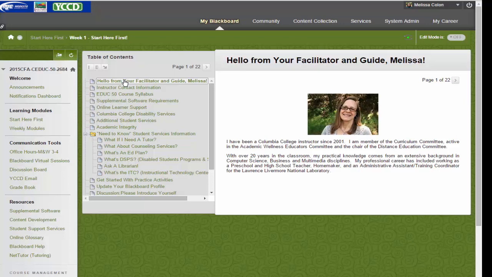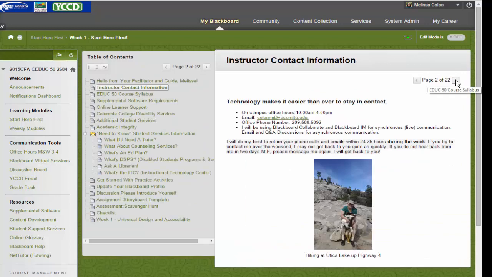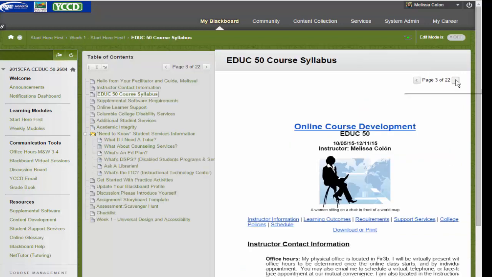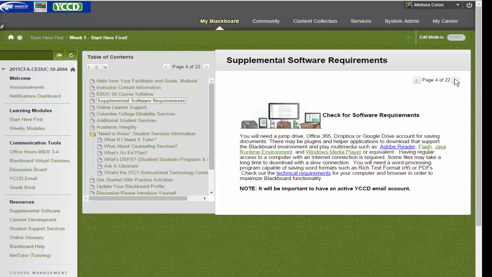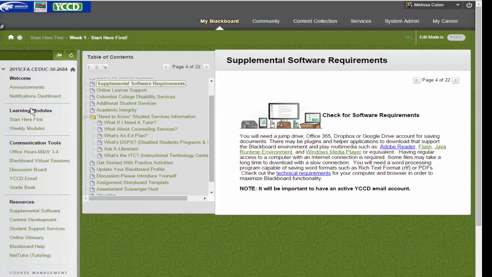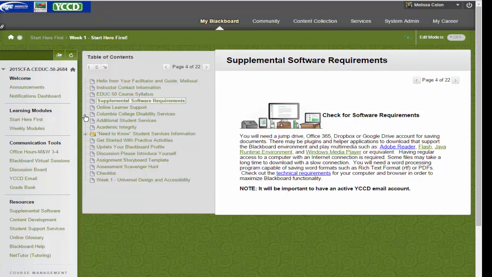You're going to want to develop based on a learning module. This happens to be the Blackboard learning module style, so we have a table of contents on the left and we have a different page as we navigate through each item. Notice that if you click on the navigational arrows, it'll take you through each page. And this is more of the start here first type of activities, and you can also jump through each item here